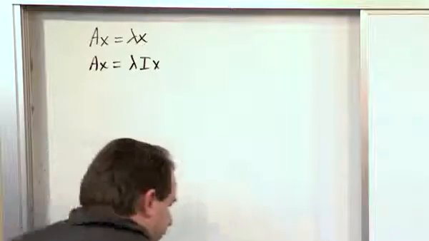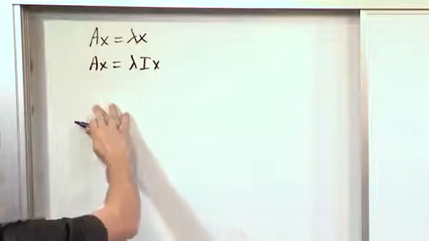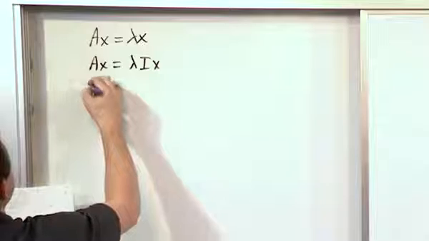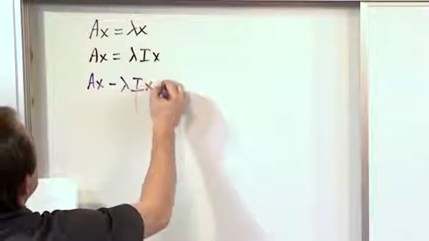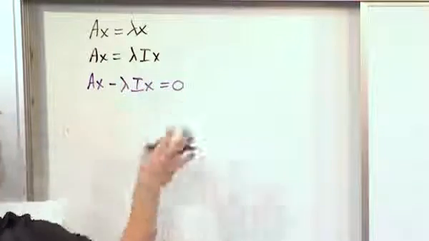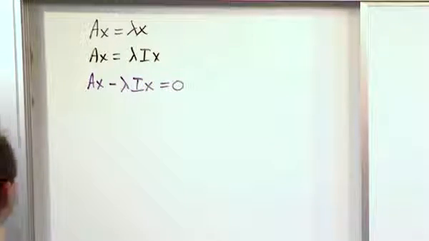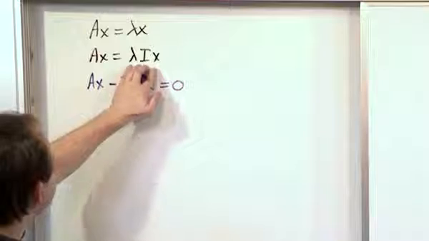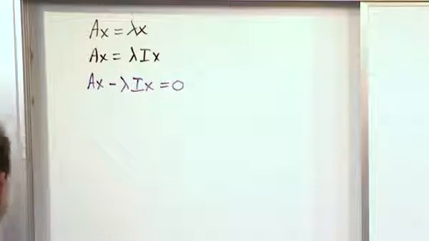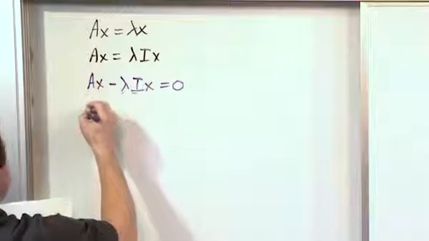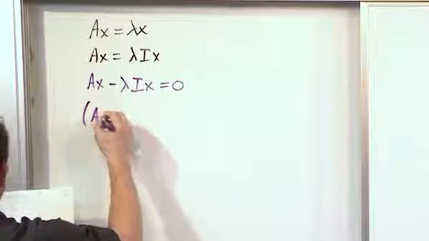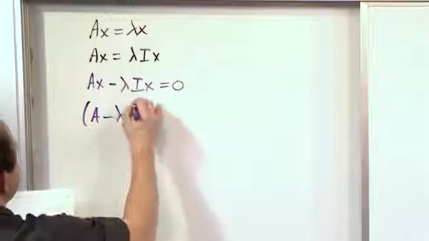And then you can take all of these terms and move them over to the left-hand side by subtraction. So you'll get Ax minus lambda Ix equals 0. So far this is just basic algebra. There's no linear algebra involved in it. I'm just multiplying by 1 and subtracting it over. And then finally I can factor out an x because I have an x on both sides. So the way I'm going to do that is I'll open parentheses and say (A minus lambda I) x